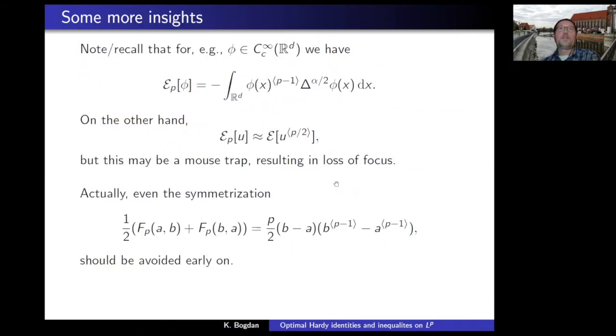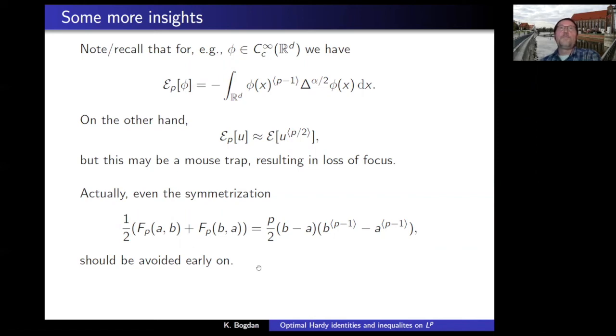So maybe my time is slowly finishing. So just a few insights. That will be just general remarks. Recall, in principle, this is our p-form, at least for nice enough functions. We have this approximation, but using this approximation may result in a loss of focus or accuracy, and we would not be able to get our information about the semigroup, of course, if we are using this approximation. Actually, even this symmetrization may be problematic because if we replace the Bregman divergence by a symmetrized version of it, sometimes we are not always sure what to subtract and how to do some arguments. So our experience suggests that one should use F_p as long as possible and then only present the results with